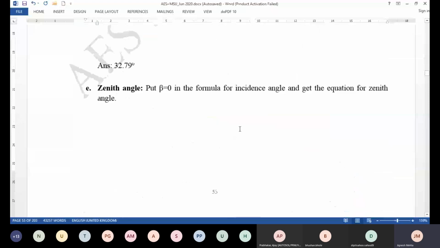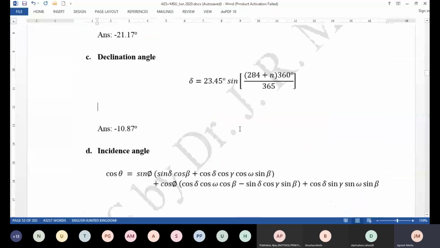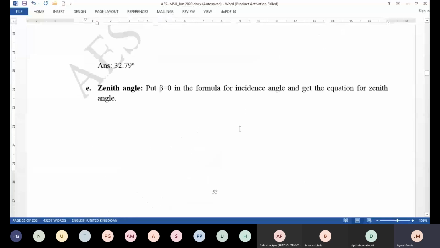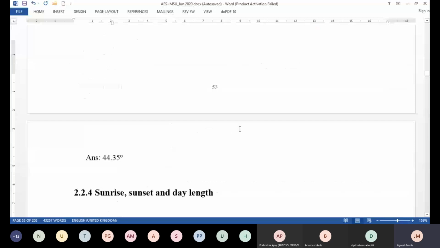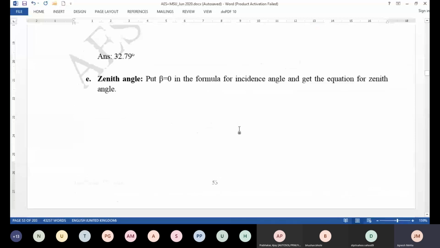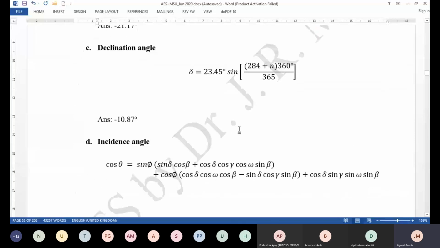The example is not just using a formula and replacing the symbols with numbers and getting the right number. The procedure is important, and then finally whatever result you get, you have to understand what is the message given by those numbers. Okay, so with this I would conclude today's session.